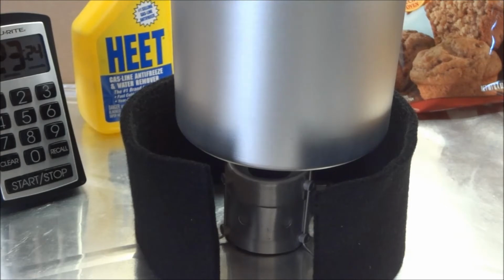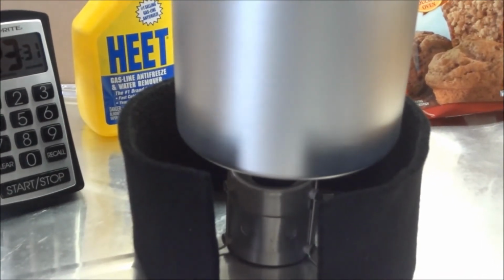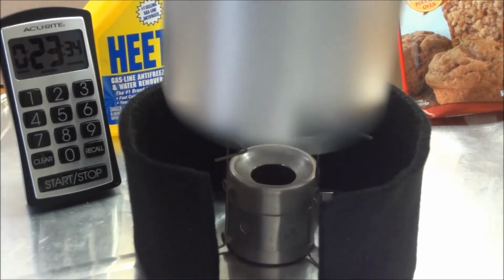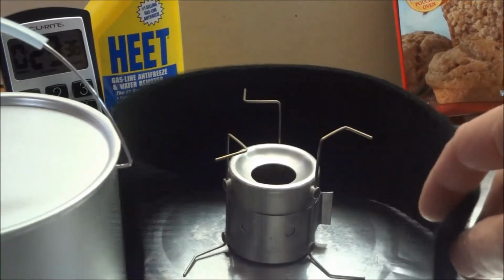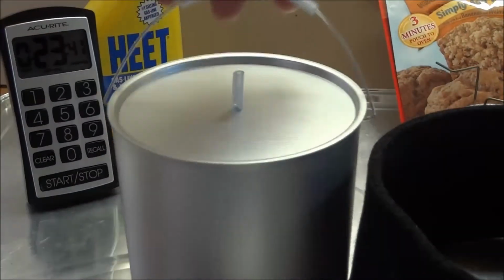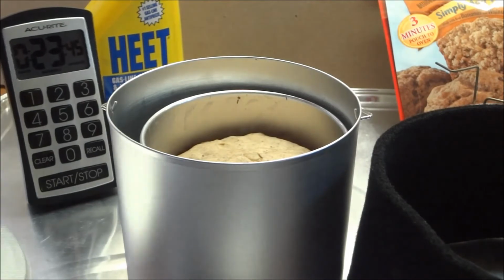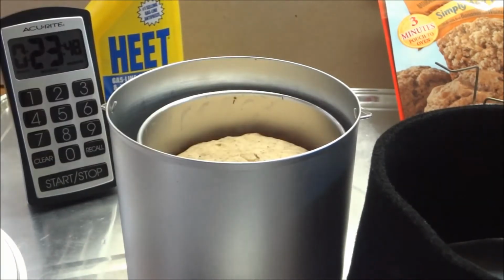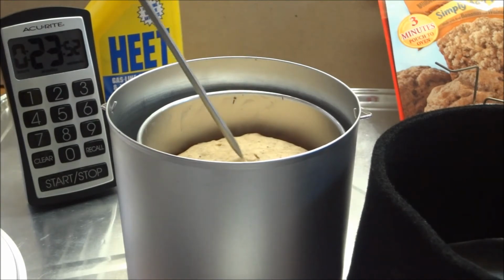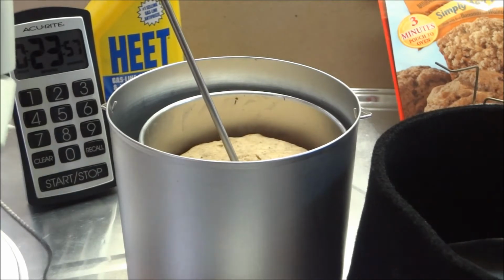Okay, I stepped away for a few minutes and actually went longer than I wanted to go. It's been about 23 minutes, and it smells like it might have gone a little too long. It's definitely brown and golden. Let's check the internal temperature of the muffin. See where we're at,